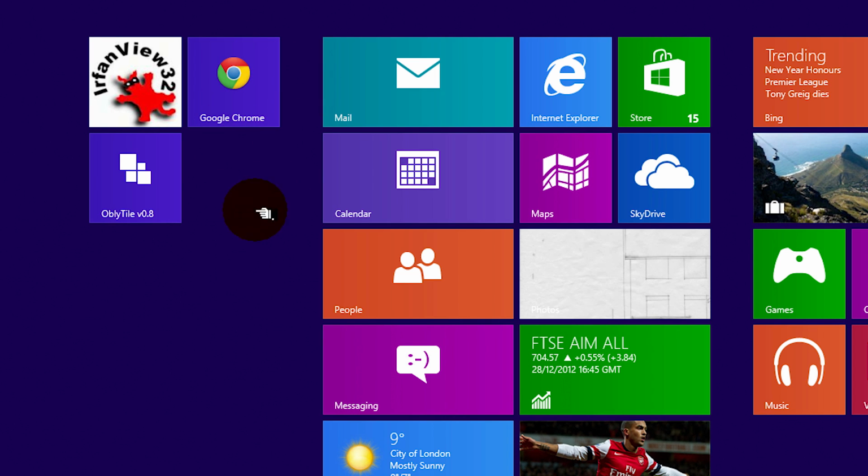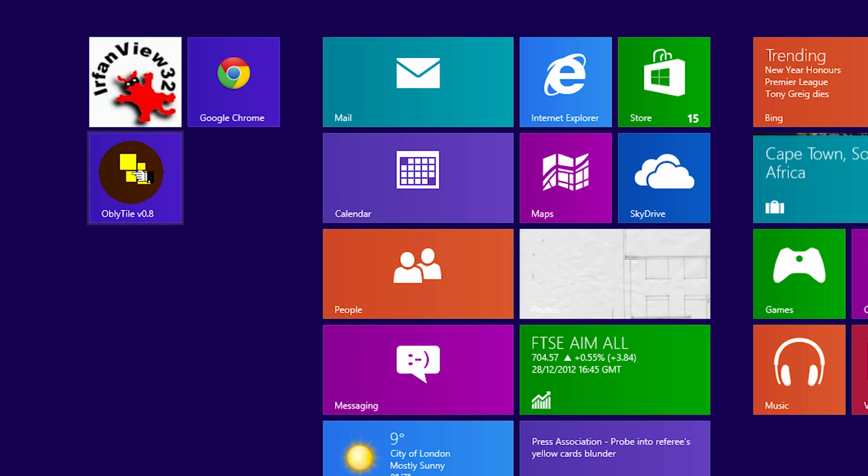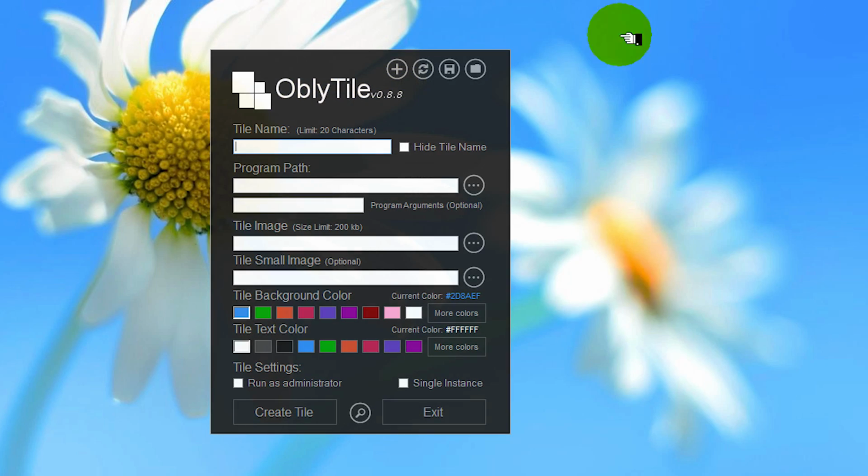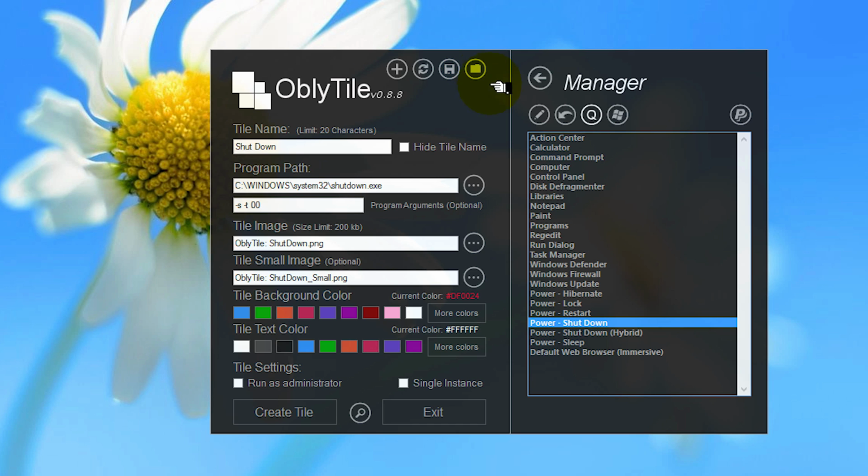Firstly we're going to create all the power buttons. So I click on OblyTile, it opens up. I'm going to close this here so we can better look at it, and click on this button here which says Open Tile Manager, and then press the Q, which gives you the power settings over here. We're going to create all of them. Let's just create one at a time. So if you press power shut down, for example,